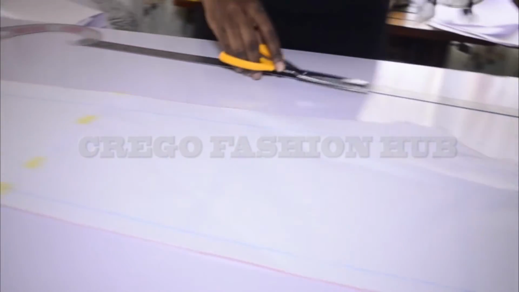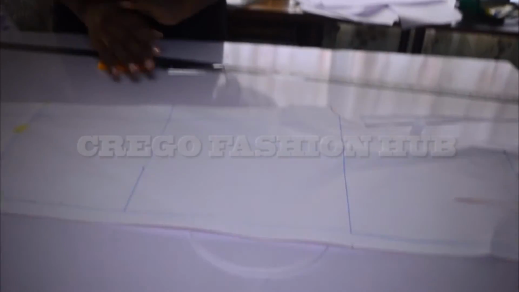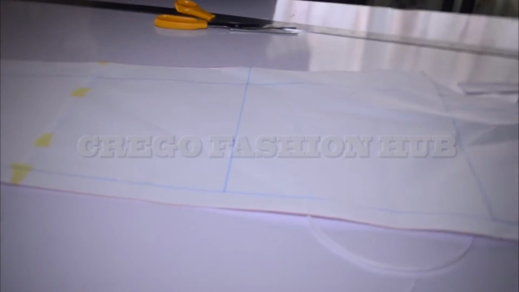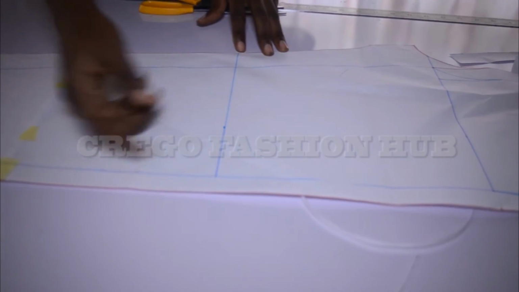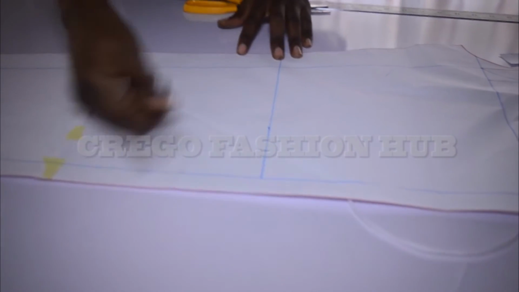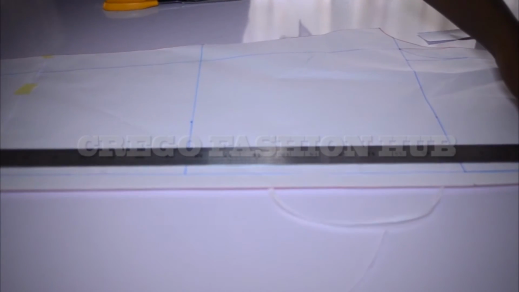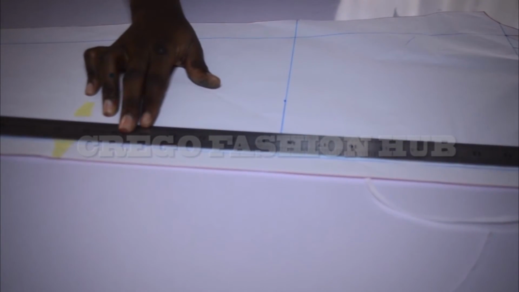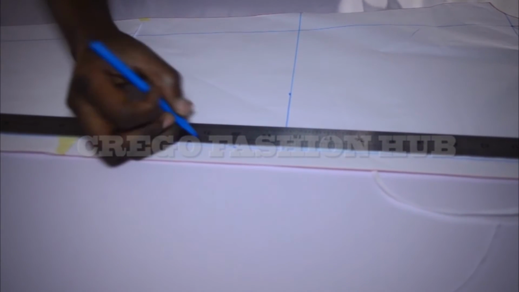So here's the pattern. Here's the trouser pattern. This is what we are going to have using this. So for the sewing techniques, I am not going to use the whole pattern. I am just going to have it cut along the way, probably the short knicker type, going by 22, 21, 20 inches. That's what I am just going to do. Okay, let me just tell you what I'm going to use now. I'm going to use 20 and add sewing allowance here. So